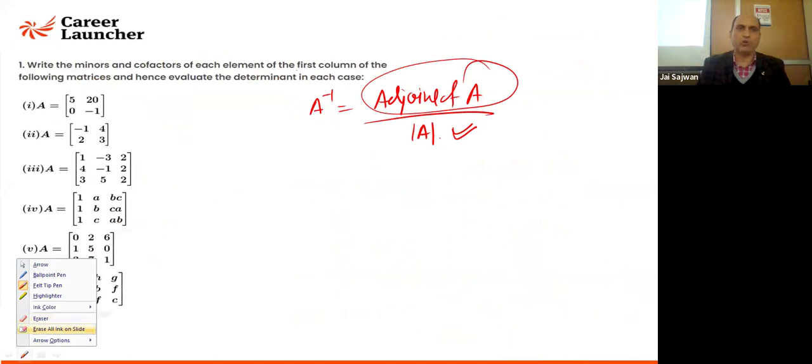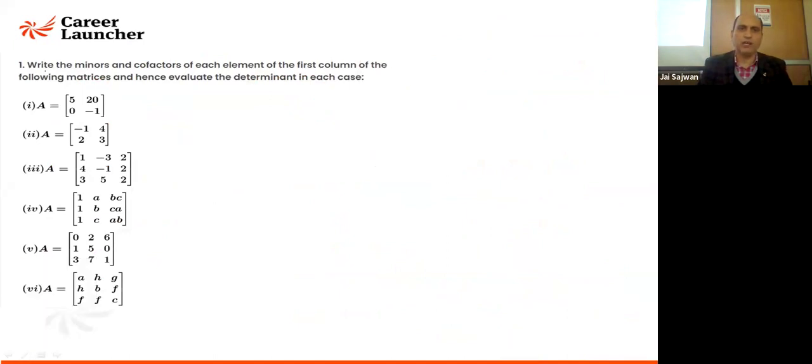So let's come to the first one. The minor and cofactor of each of the element of the first column of the following matrices and hence evaluate the determinant in each case. जब हम A determinant की बात करते हैं तो जैसे हम कहते हैं A11, आप या तो ये एक रो सॉल्व करते हो या एक कॉलम सॉल्व करते हो. You don't solve both. तो आई एम सॉल्विंग इट बाय रो. आई से इसका मतलब क्या हुआ? मैं इसमें से पहला A11 मतलब 5 लिखूंगा एंड देन आई विल मल्टीप्लाई